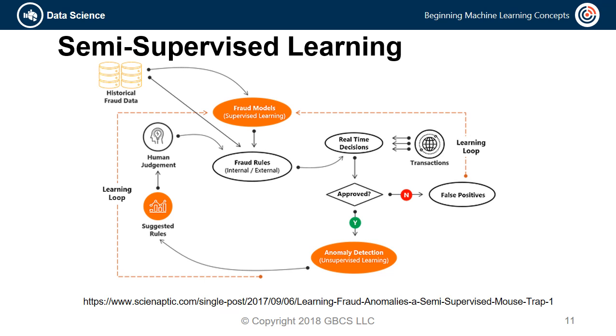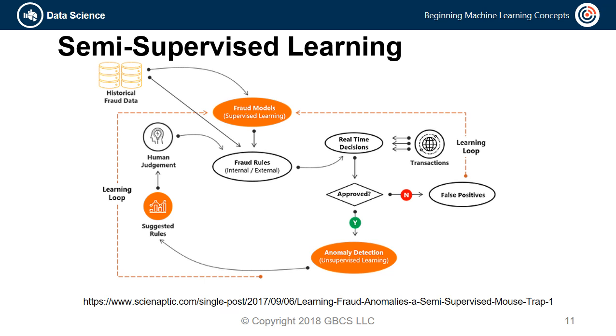Historical data with all of the fraud labels also helps create a supervised learning model that will help us adjust or even add new rules without us looking over the data. But this method is very slow because it needs pre-labeled data ahead of time, which might take months or even years to detect and confirm. This is when raw transaction data comes in, being fed directly into a real-time decision model based off of the supervised learning model that has the main purpose of approving the transaction as not fraud, and not approving the transaction as fraud.